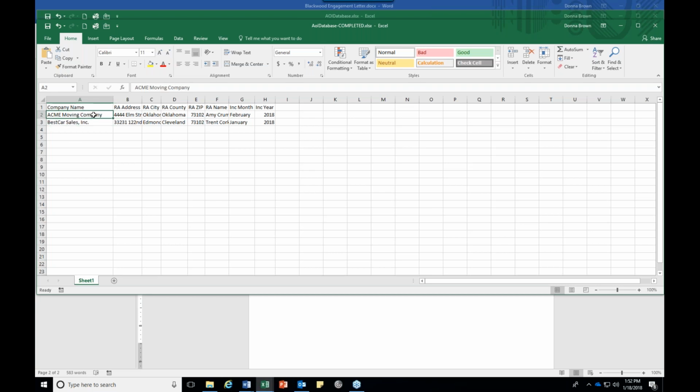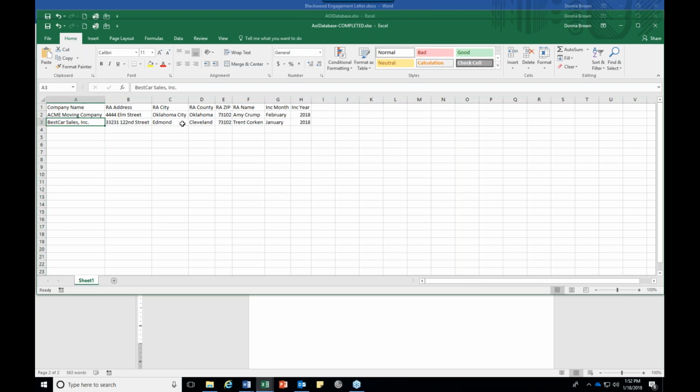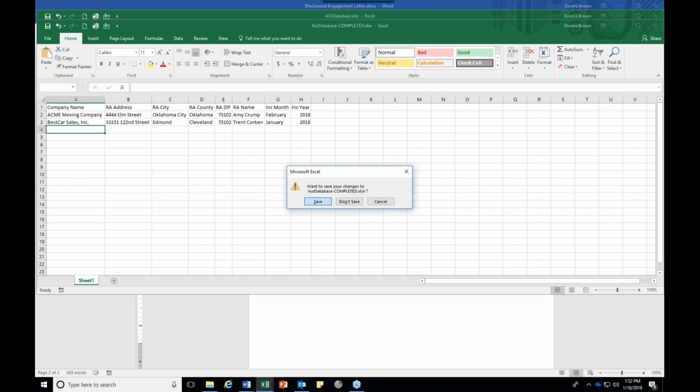I typed in Acme Moving Company and their address, their county, everything about them. And I've got another one in here, Best Car Sales. I could continue just adding rows to this document whenever I need them, if I need to incorporate someone else, okay? So I'm going to close these right now,